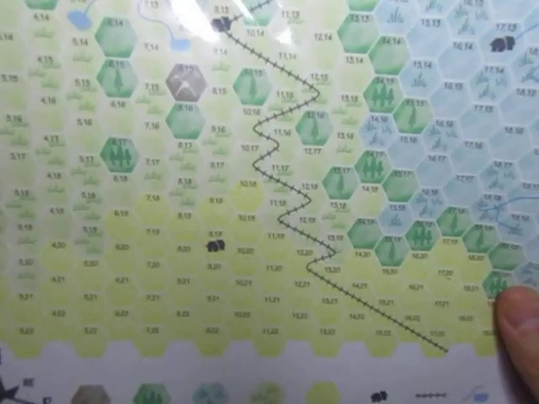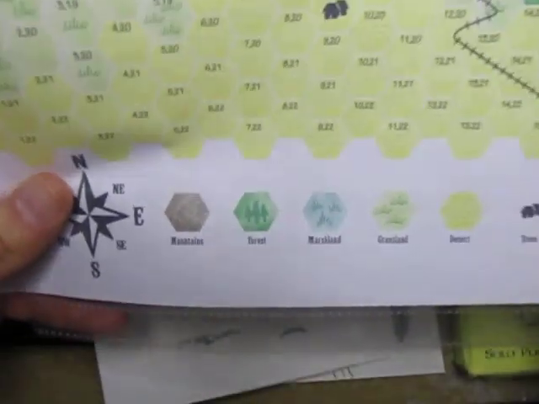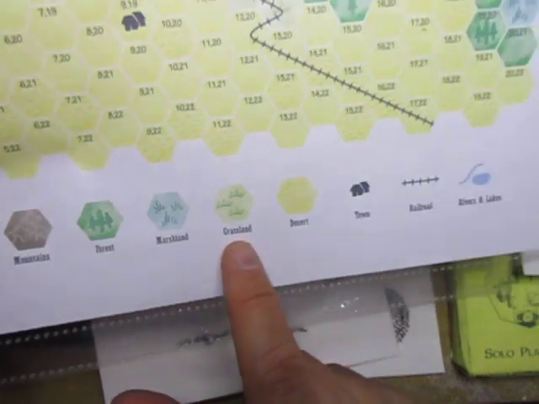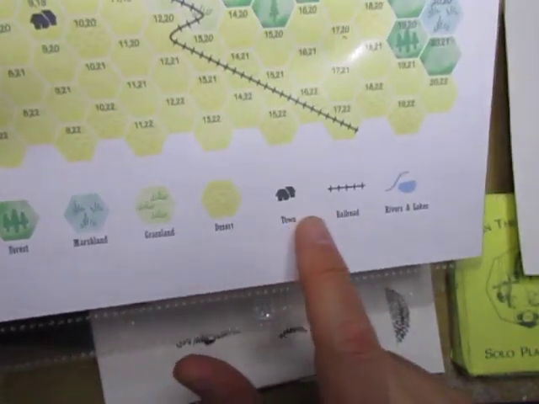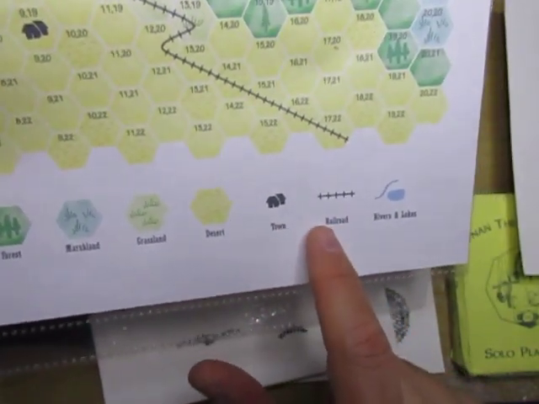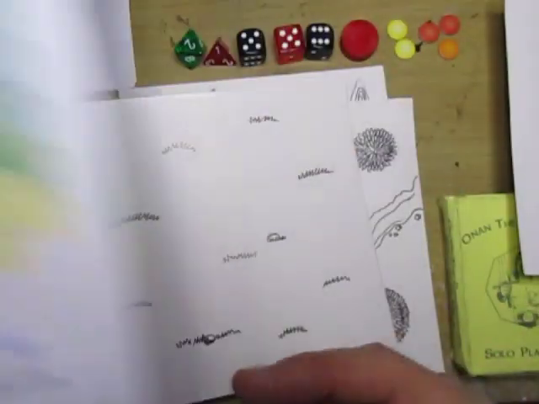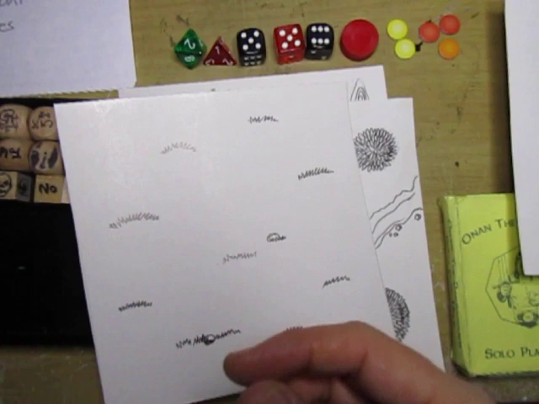This map that comes with the Drifter. You can see here they have mountains, forest, marshland, grassland, desert, town, and railroad. I didn't do the railroad yet. Rivers and lakes, I didn't do these quite yet. So I think what I'm going to do is I'm just going to do,